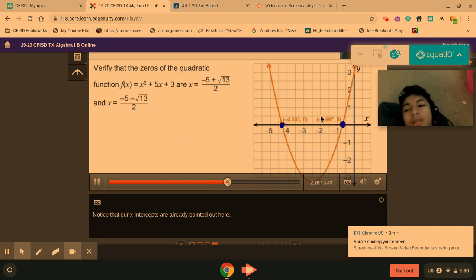Since the square root of 13 is an irrational number, and we recall that adding an irrational to a rational gives us an irrational number, we need to approximate the square root of 13. We can do that by using a calculator. Square root of 13 in a calculator is going to give us a value of about